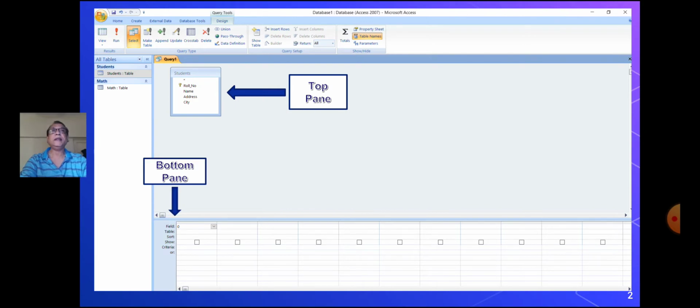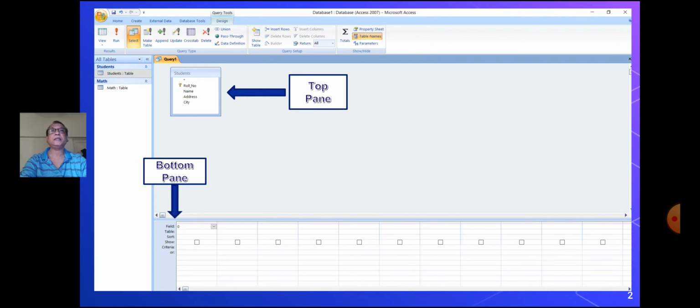The design grid is similar to spreadsheet with columns representing each field in the query. So this was all about the query window.